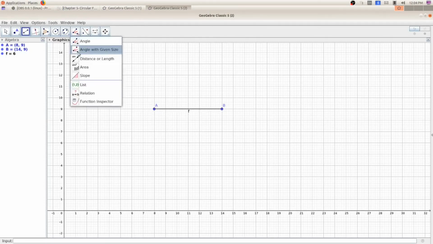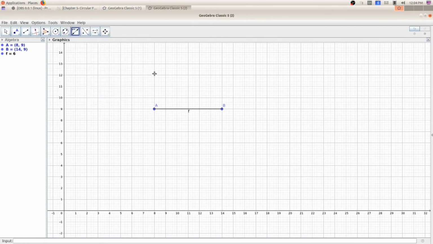Click here, and here you can see the third tool, distance or length. Click on that and then click on this line. Now you can see f is equal to 6 centimeter, the length of this line or segment. Line and segment are the same. So the length is 6 centimeter.